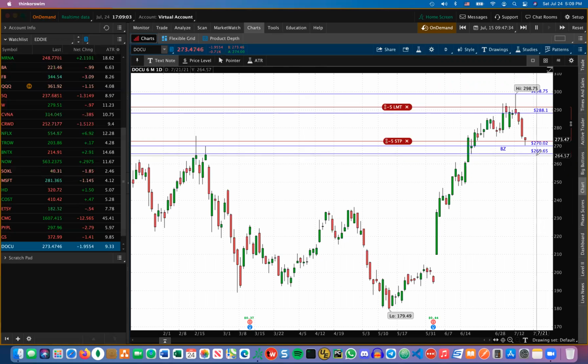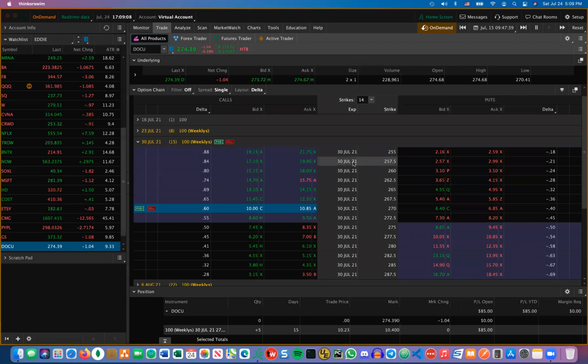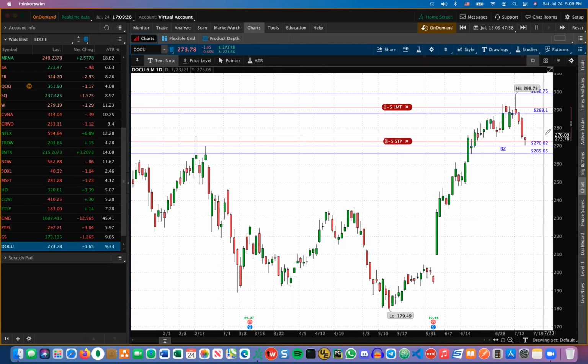So while that is working, let's go ahead and analyze the math behind what we just did. When we chose to enter at 10.35, or 10.23 as the case may be, at the 270 strike, we chose the 270 strike because that was at the money. Remember, when you're choosing where to place your strike price, you either want at or in the money. My preference is in the money, or as close as I can get. I don't want to go too far out of the money,